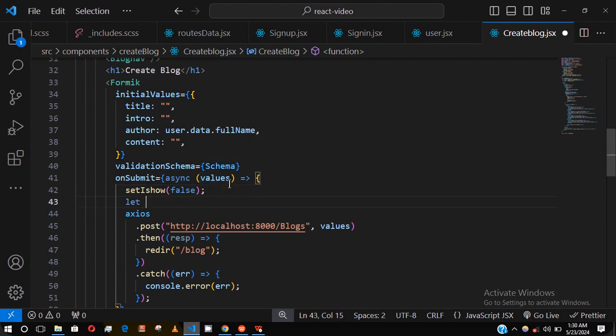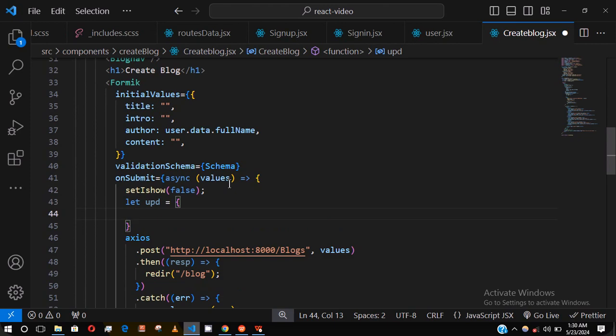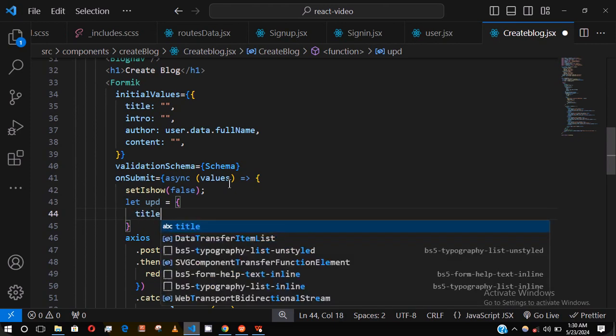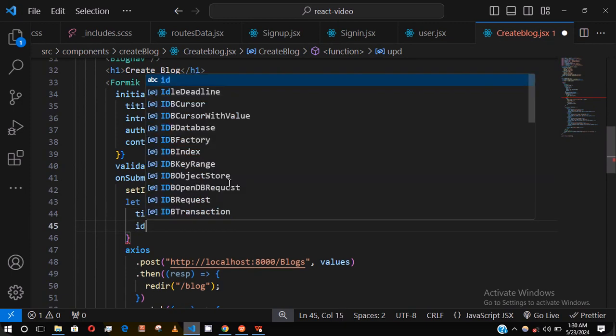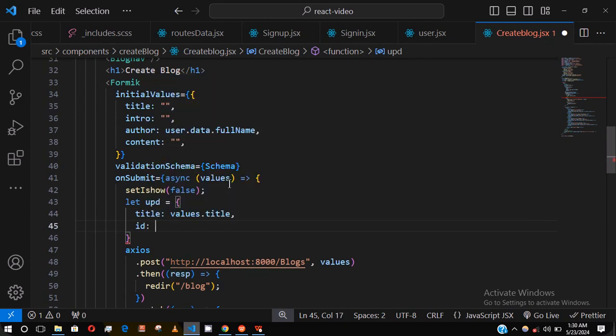Let's have UPD be equal to an object. So I'll have title is equal to values dot title. ID will be